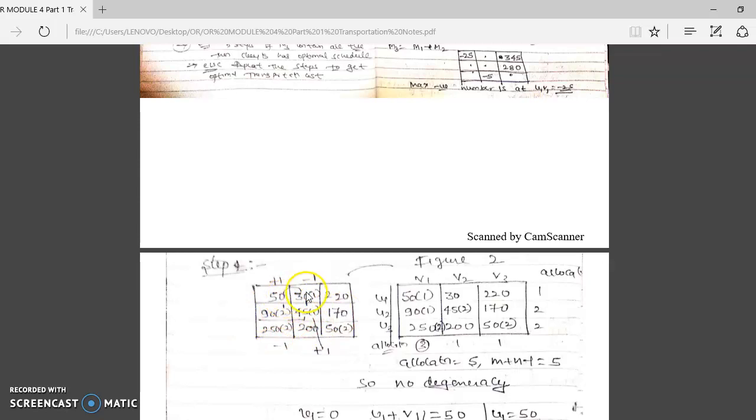If I select this, I can't select these two because these two are not allocated. If I select this, I can select this. If I select this and 230, it is not possible because 50 and 200 are not allocated. Only one element should not be allocated. Remaining three should be allocated. Select such a point. So here, if I select these four, 1, 2, 3 are allocated, this one is not allocated.